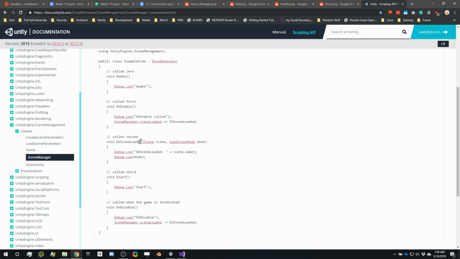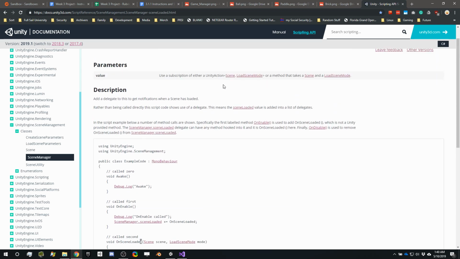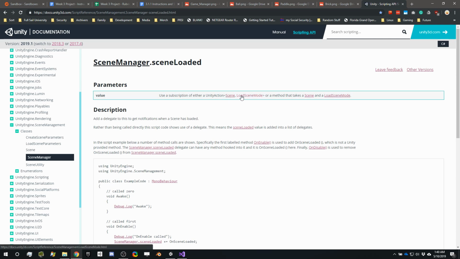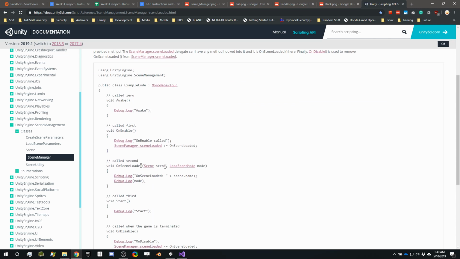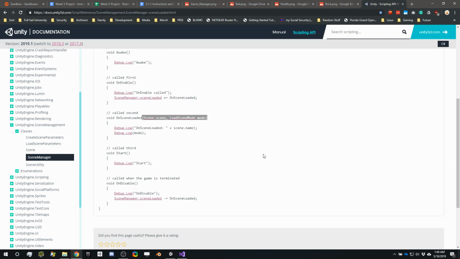And when I said it has to match the signature that you're seeing right up here, scene and load scene mode, that's what this is. Scene, comma, load scene mode. So as long as you've got this second piece in here, then you should be good. And the second part of this, we have the plus equals here in on enable. Down here at the bottom in on disable, we